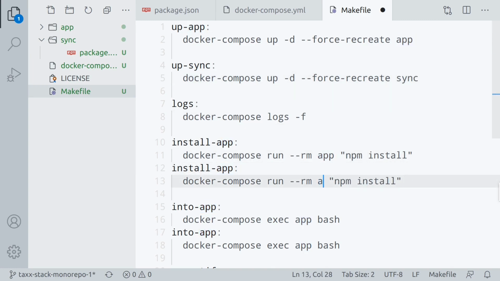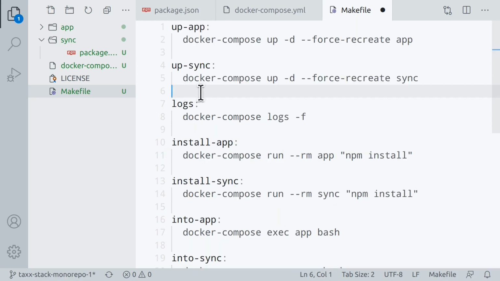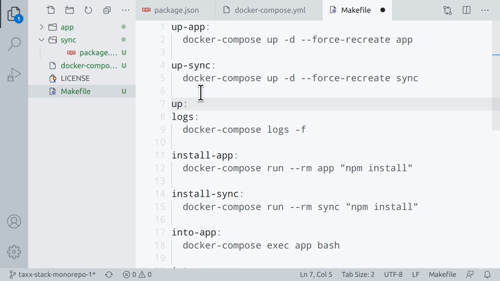We need to replace the container name and the task name itself. Just do the same with the into task. And now, just to make it even more convenient, I would like to introduce a combined up task that executes up